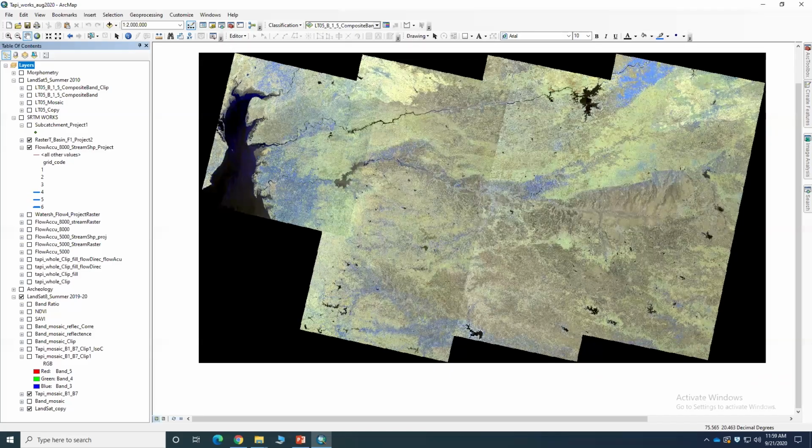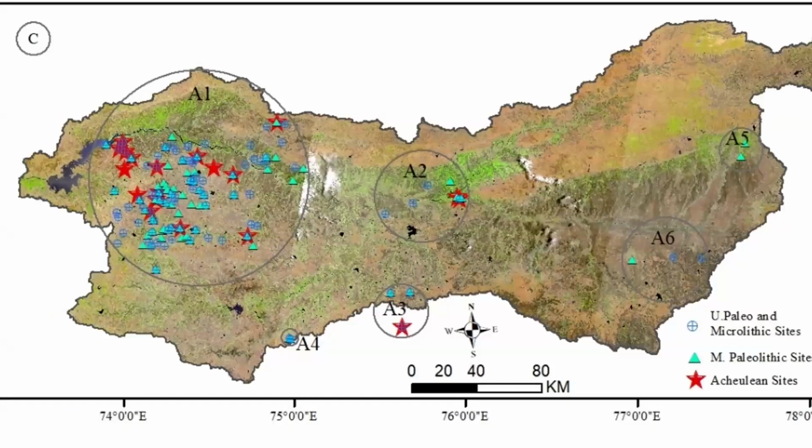So these are some of the old images, not the recent ones. This was some years back when I was studying the Tapi River. So this is not what you are seeing in Google Earth. Though you feel that, okay, it is the same as Google Earth, it is not Google Earth, because in Google Earth you cannot differentiate or make a map of, for example, in the remote sensing data I can write another equation, okay, now you